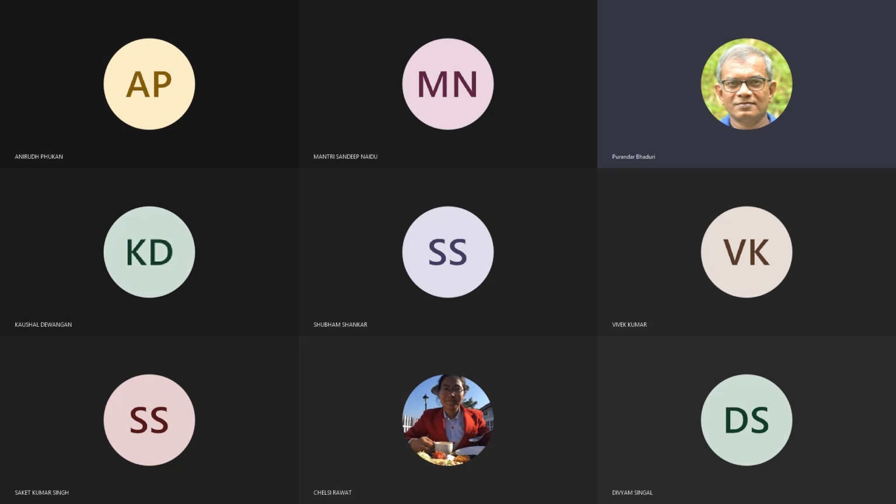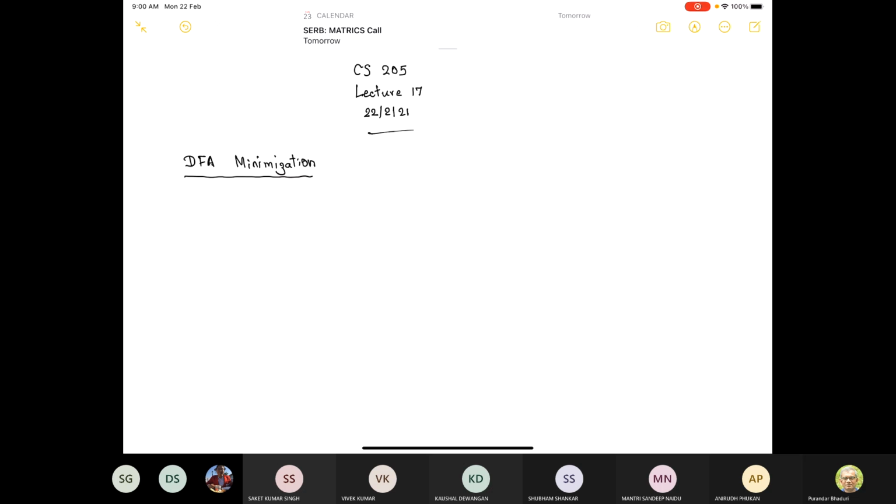We were looking at automata minimization, or rather DFA minimization, right? And here's the idea behind